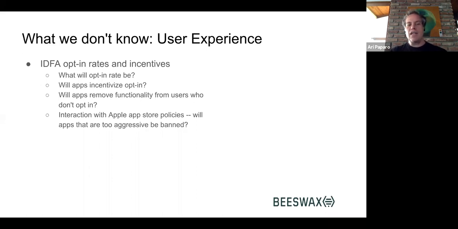How are apps going to incentivize opt-in? Will it be that you get extra functionality? Will it be a plea to come on, help us out? Will it be something else? Will they be able to remove functionality from users who don't opt in, and how aggressive can they be? So the question here is, like, first of all, what is an app publisher willing to do? Because obviously if you don't give a user an option to use your product without an opt-in, they may uninstall it and then you've lost the user. And you won't have an opportunity to monetize them through in-app purchases and all that other stuff, right? So that's the first general question.